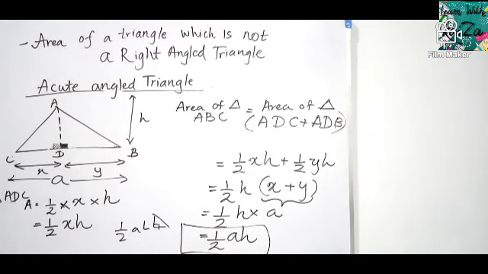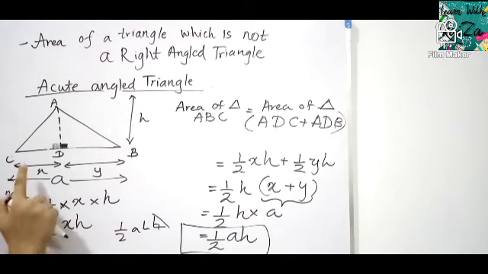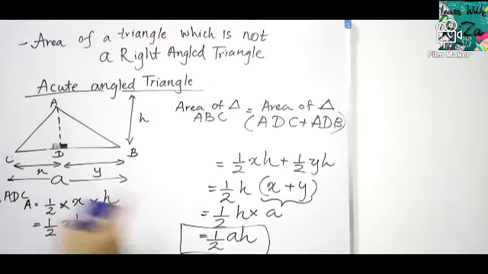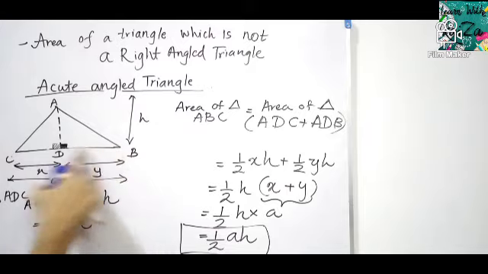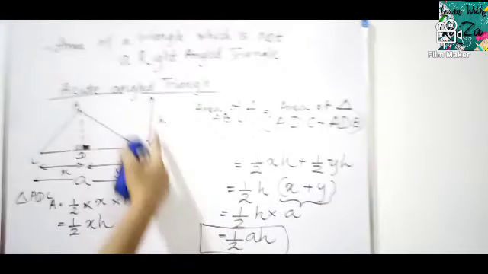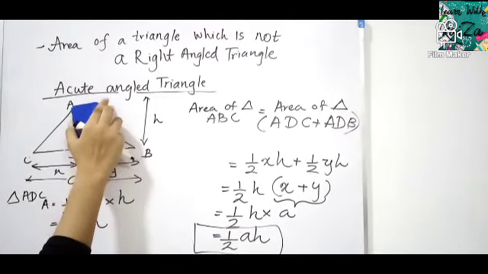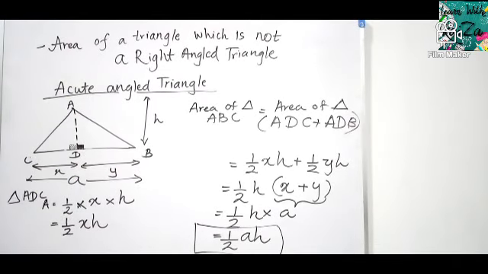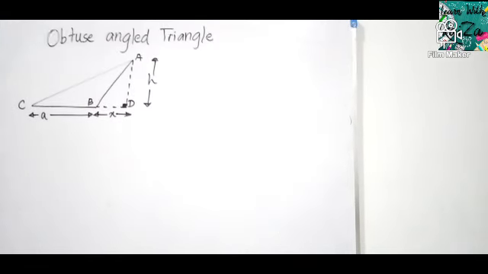You might ask, then it's the same formula now. Same formula, but remember the dimensions are different. Consider it very well. In this case, the acute angle triangle, half a h means a is the whole base length that should be considered. H is the same, but for the right angle triangle, only this base and this height. Can you understand? Okay, now let's move into the formula for the area of an obtuse angle triangle.